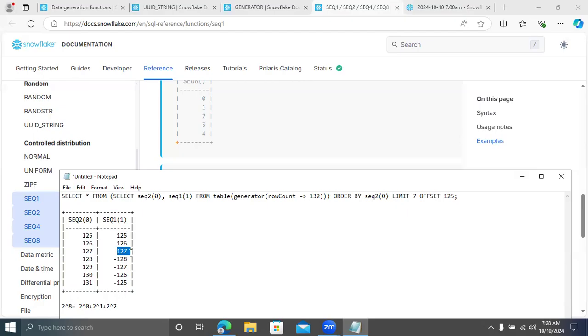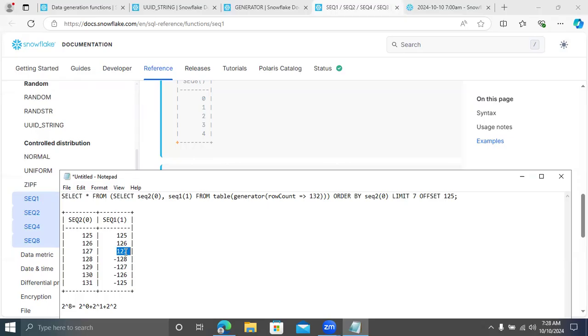Sir, 127. Satish, this is a simple math calculation. I'm asking what is 2 power of 8, and you're saying 128. What's the max value I'm asking? If you're considering 0, what value will it come to? 127. Though you are giving offset values 125, 126, 127, once 127 is reached,